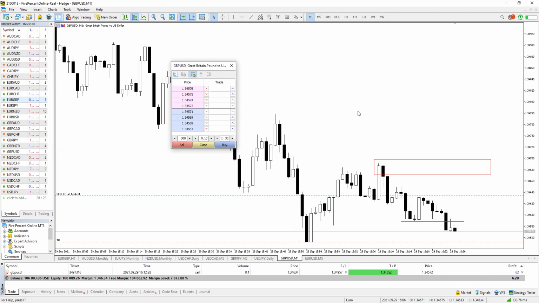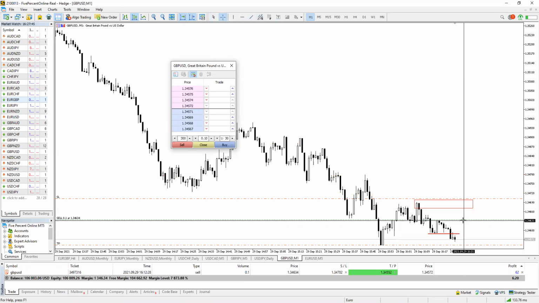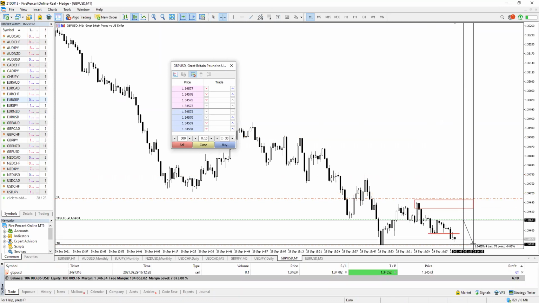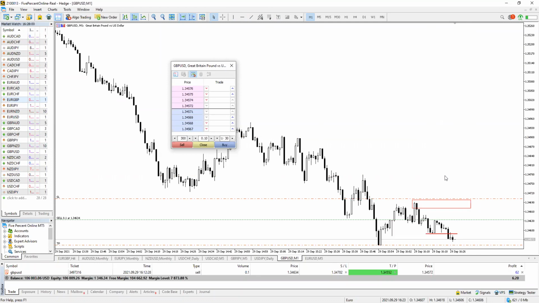Okay, let's throw a quick poll here. Should I take profits, or should I try to swing? That's the $1 million question. Look, if I bring my stops to here, then I have 6, almost 7 pip risk, and I would be taking around 7 pips of profit. So that would be a 1-to-1. That's good for a scalp. Not good enough for a swing. So